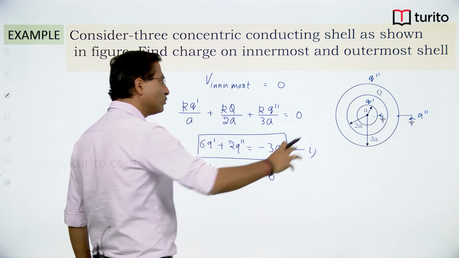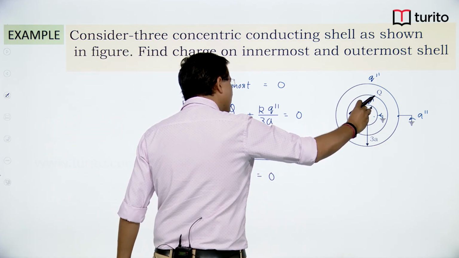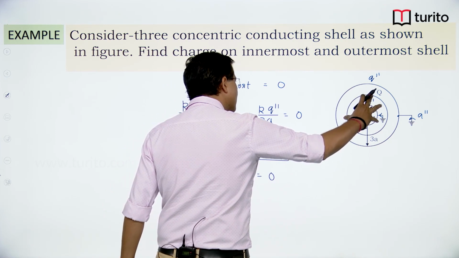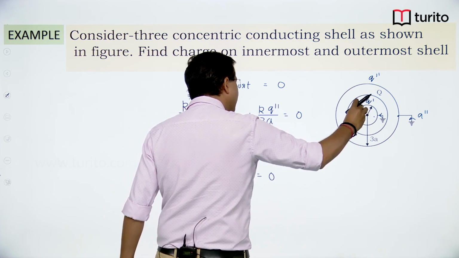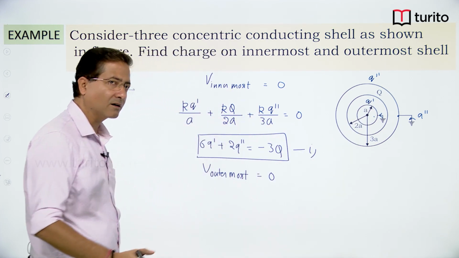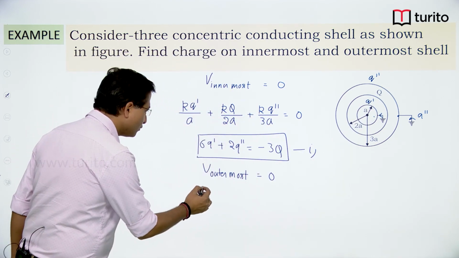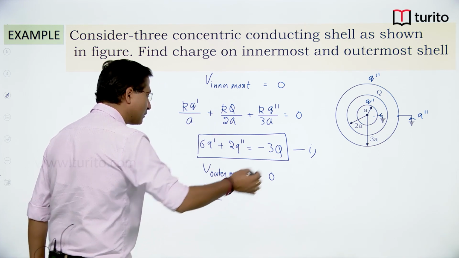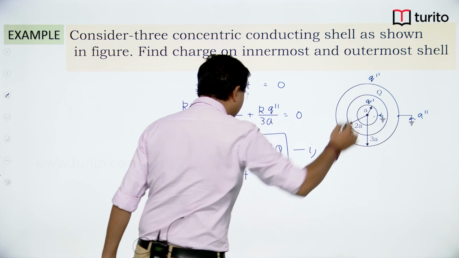So you can assume that the whole charge is concentrated at the center and from there at distance 3a. Similarly, due to the middle one, you can assume that charge is concentrated at the center and from there at distance 3a,